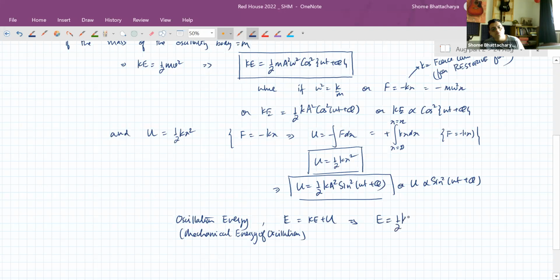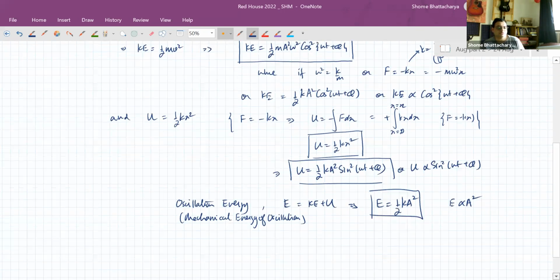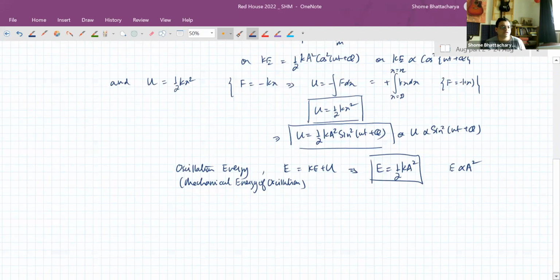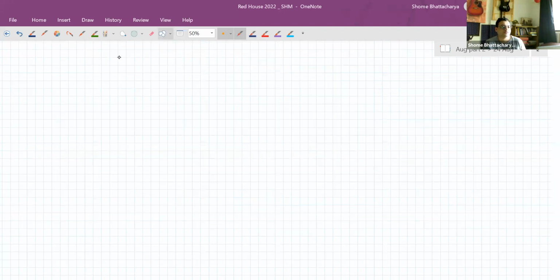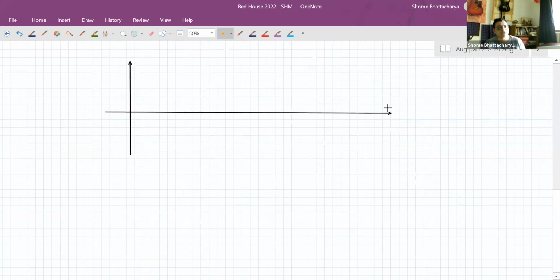That becomes half k a square. So the energy of oscillation is proportional to a square. This information that we have just seen above, I'll come back to it in a moment, so you can note it down, but this can also be understood